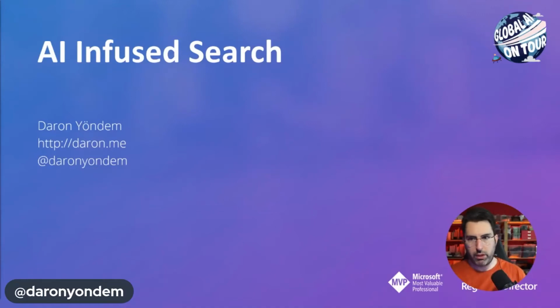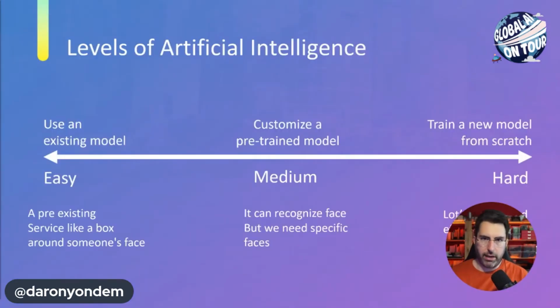AI-infused search is what the session is about, and as the name suggests, this is about search, but incorporating some AI. So how does that really work? And what should you expect from an AI perspective in this session? So let's clarify a little bit what we are talking about when we say AI in the context of this